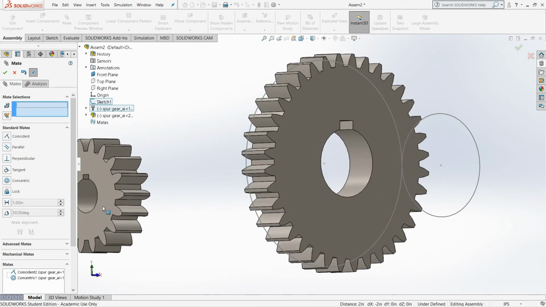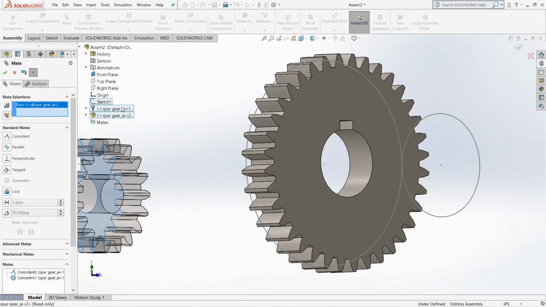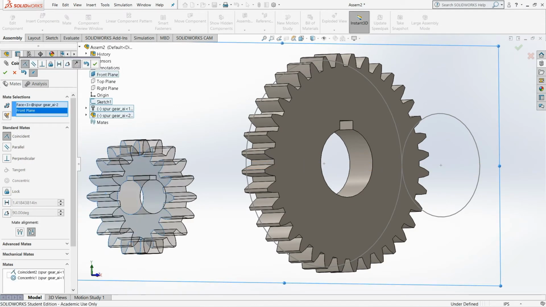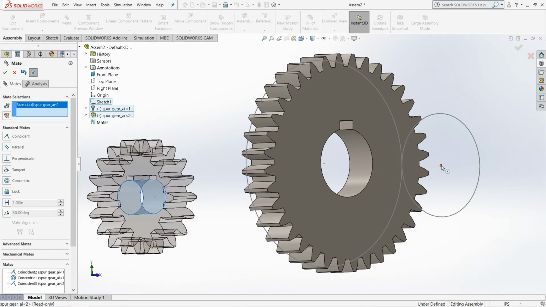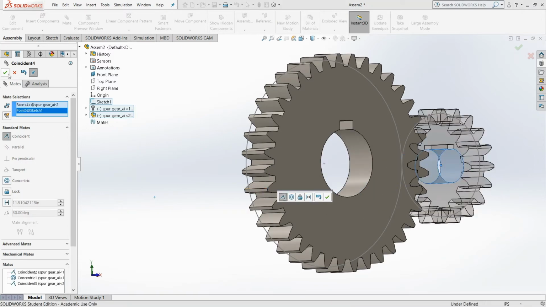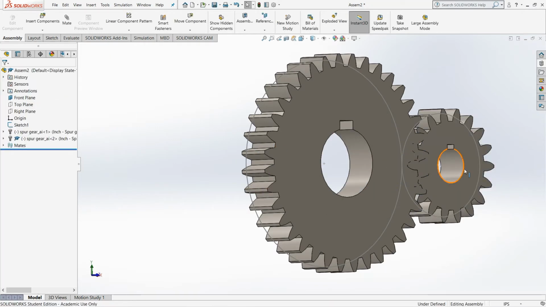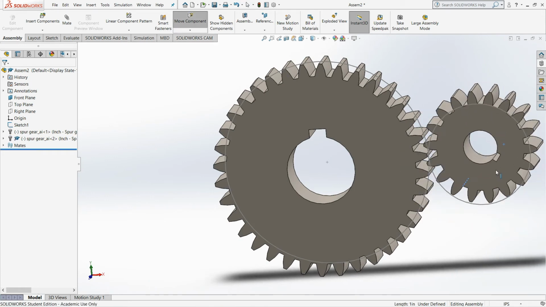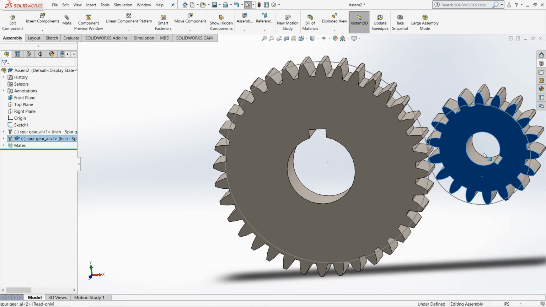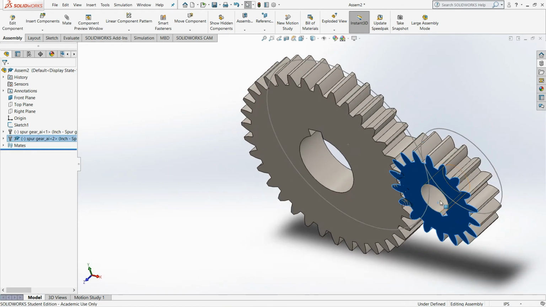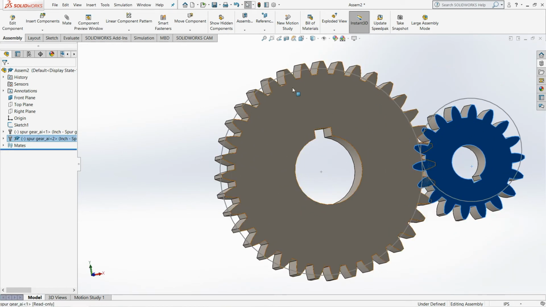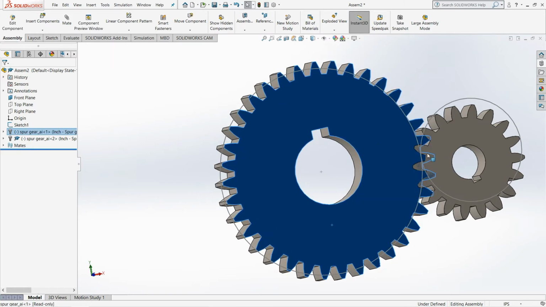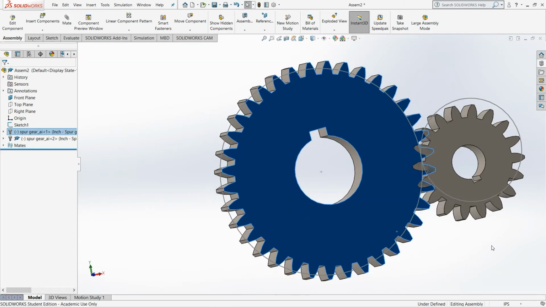If I select this cylinder with this point, it will not work, because you see they are crossing inside. I need to think of a better way. Wait, I have to delete this mate first.